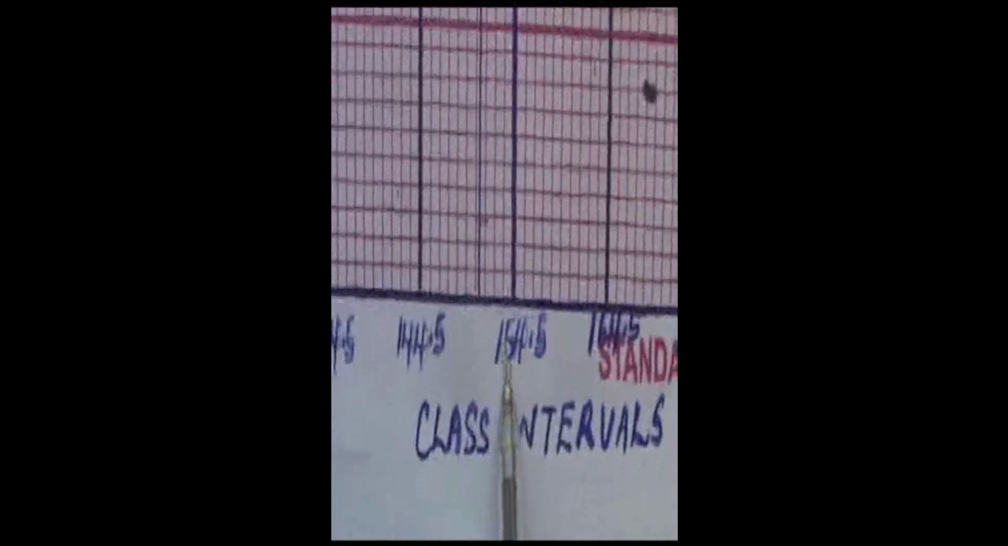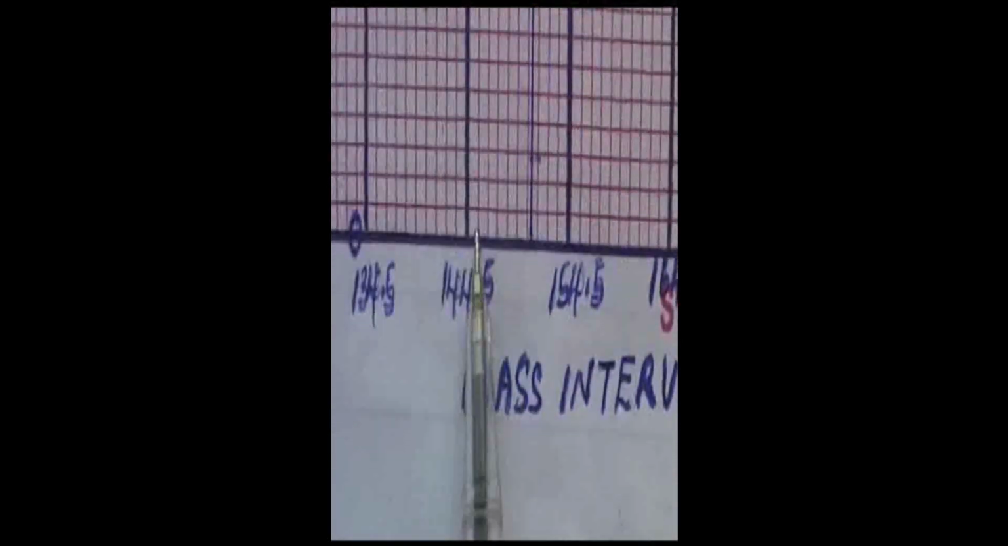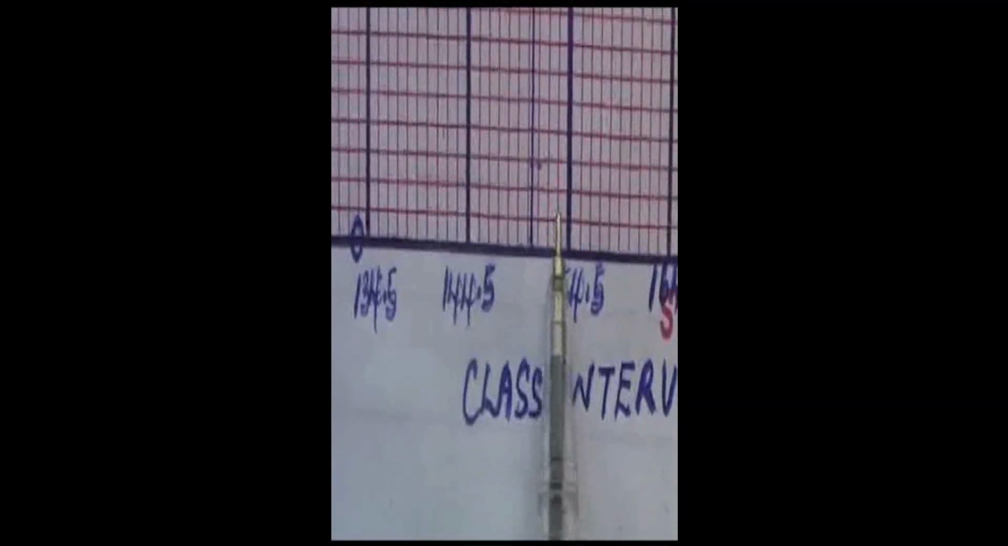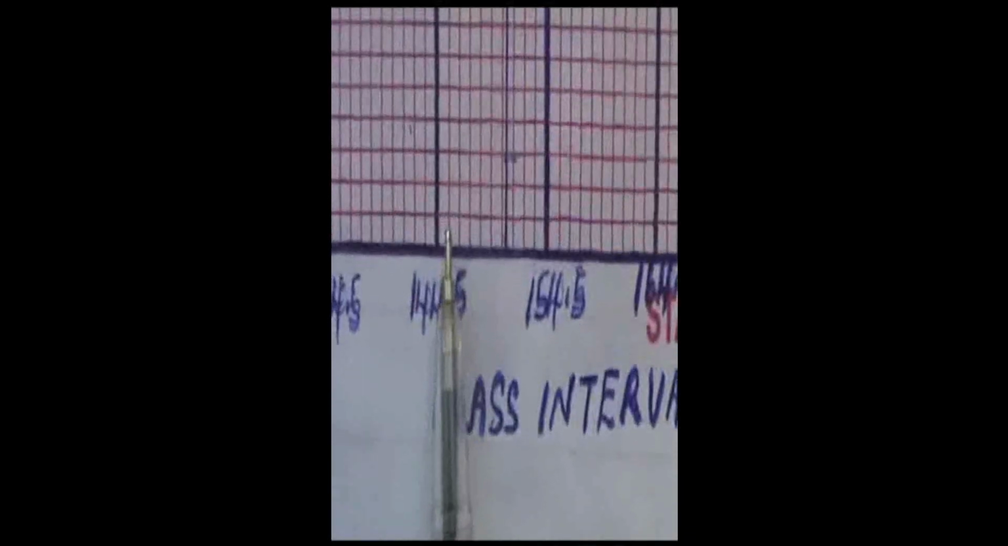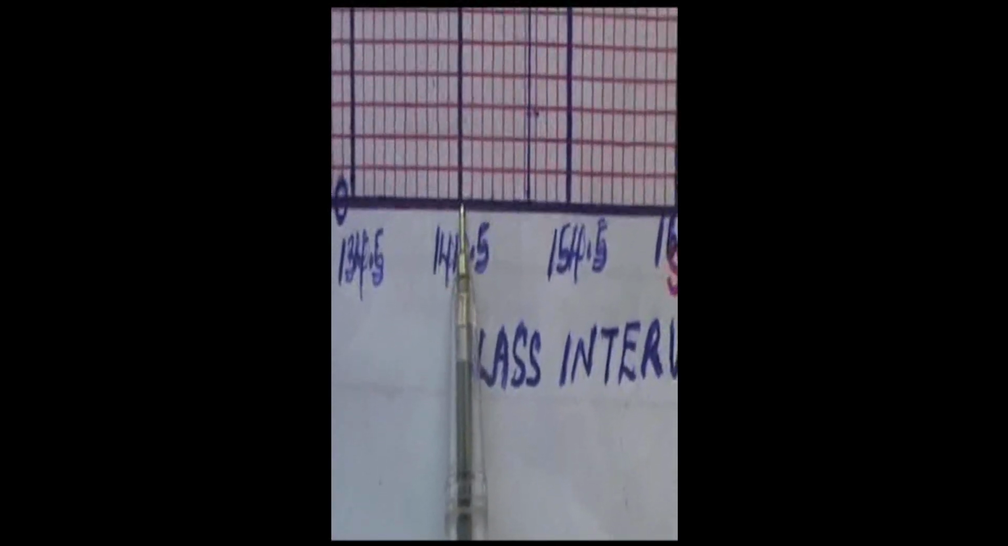Let me repeat what I said. This place is 144.5, and the difference between this place and this place is 10. If you subtract 144.5 from 154.5, you get 10. So if here to here is 10 units, that means as long as we have 1, 2, 3, 4, 5, 6, 7, 8, 9, 10 small squares in between, each of the small squares is 1 unit. If here is 144.5, that means here will be